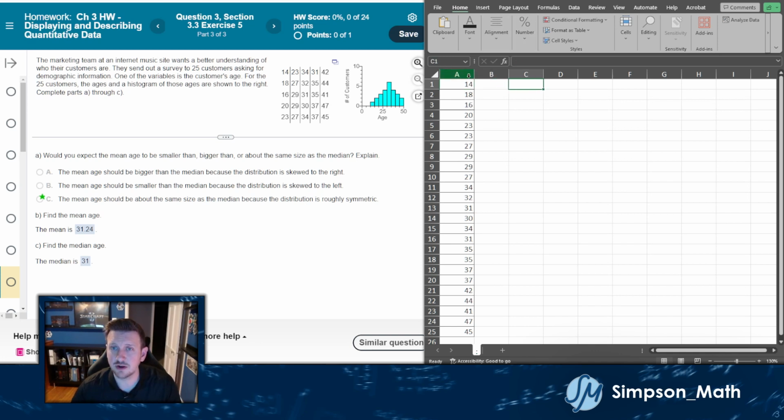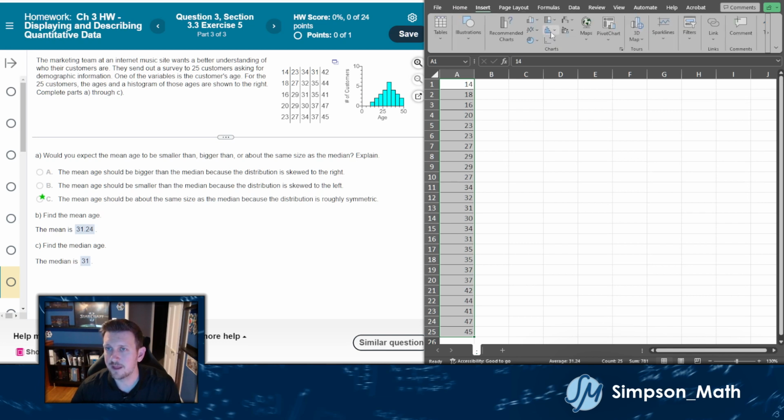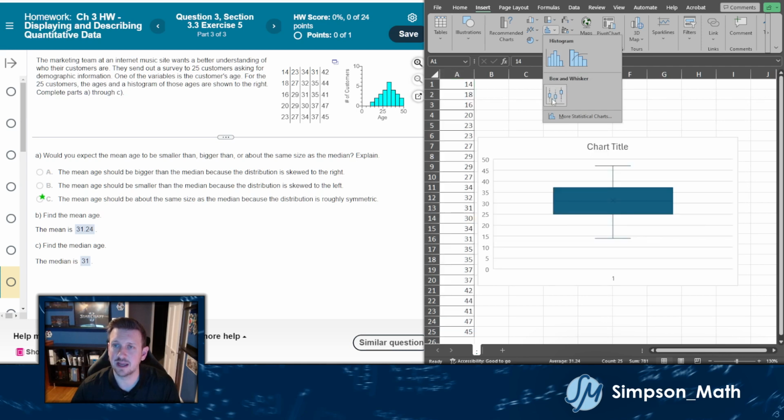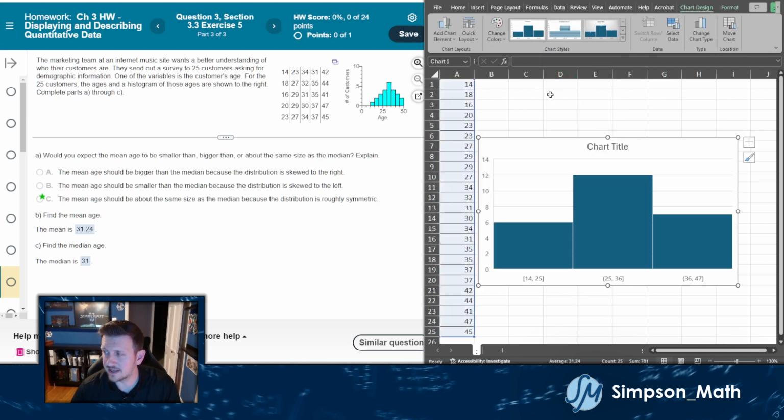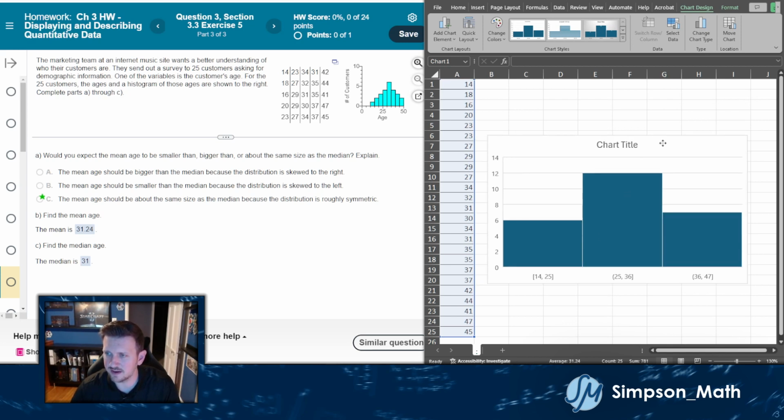So to do a histogram, I'm going to highlight these 25 numbers, go to insert, and then this option in the middle is more of a statistic chart. The options there are a histogram or a box plot. I'm going to pick a histogram. I don't like how they do this because they don't have it sitting on a number line. They have these intervals, which are a bit dumb and annoying, and also have it be set up weird,